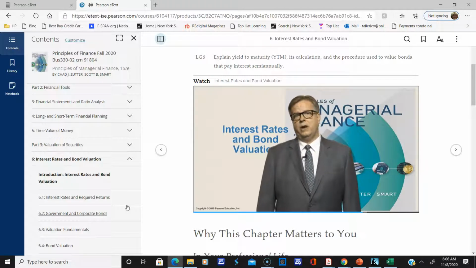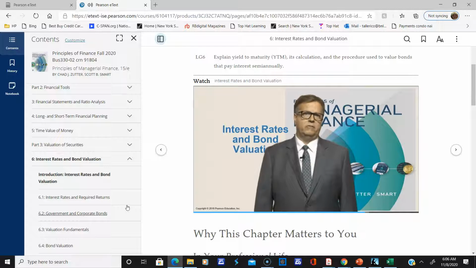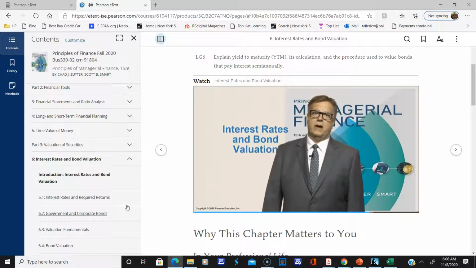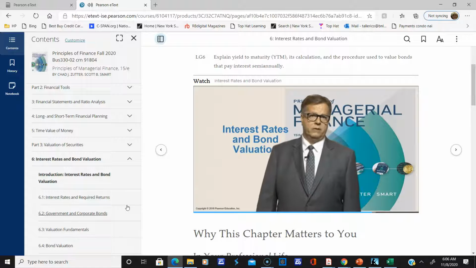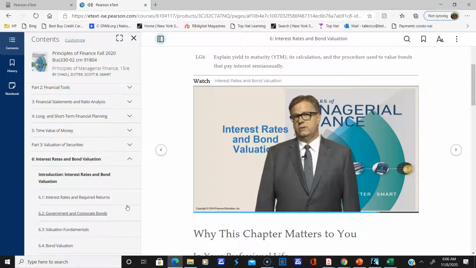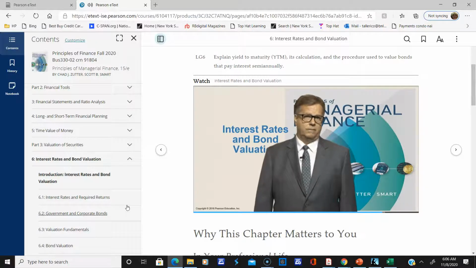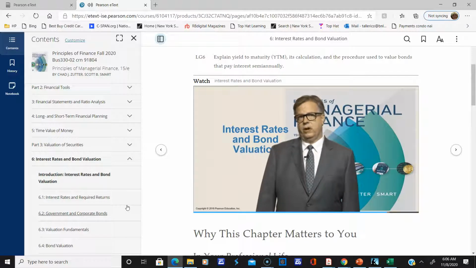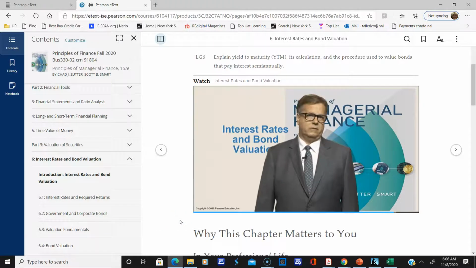Specifically, a bond's price moves in the opposite direction of its required return. If inflation increases, or if investors demand a higher return as compensation for risk, a bond's required return will rise and its price will fall. Just the opposite happens if required returns on bonds decline. Bond prices rise when the required returns fall. The possibility that a bond's price will move as interest rates change in the market is the primary risk of investing in many types of bonds, and that risk is called interest rate risk.